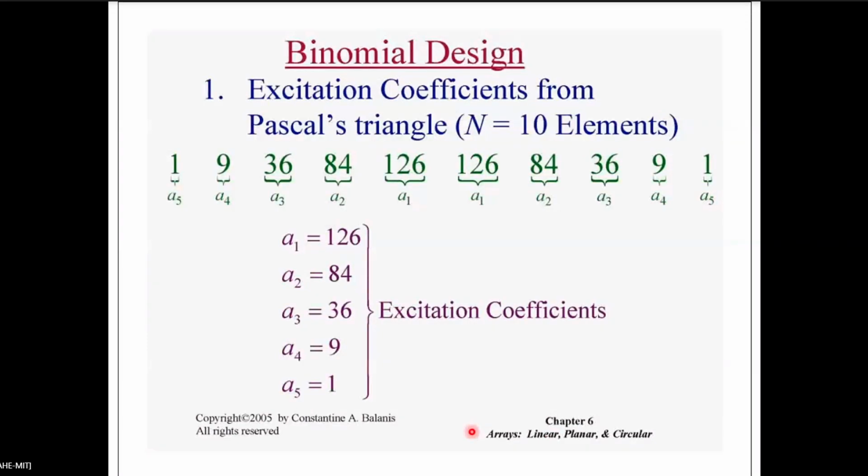Sir, what exactly are you supposed to find? You have to design a 5-element binomial array. For, say, spacing, I give d is equal to lambda by 4 and N is equal to 5. Design a 5-element binomial array. So, sir, by design we mean we have to calculate the array factor. First write the array factor equation. Derive the array factor equation.